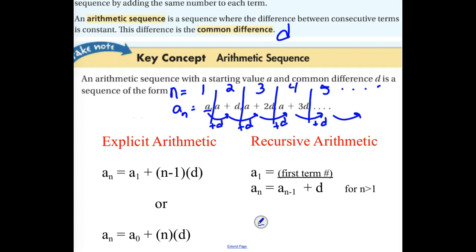Now I want you to pay attention to the n value and how many D's got added. When n is 2, we only added 1 D. When n is 3, we added 2. When n is 4, we added 3. When n is 5, we'd have to add 4, because to go from my first term, 1, 2, 3, 4, I had to add 4 D's to get to my 5th number. It's always going to be off by 1 because we didn't have to add a D to get our first number. We already had it. All right? So we're always off by 1. That's why in your explicit rule,